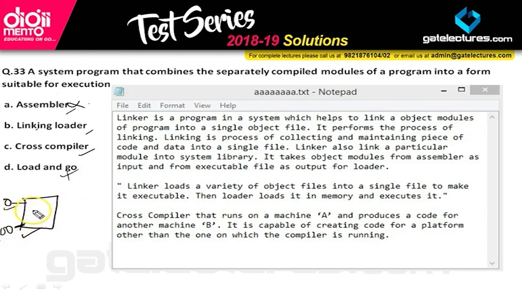Okay, so what we do is, during the linking only we use these pseudo addresses. But what the loader does is convert them into absolute addresses and then finally execute it. So basically the linker and loader work are both done at a single time.